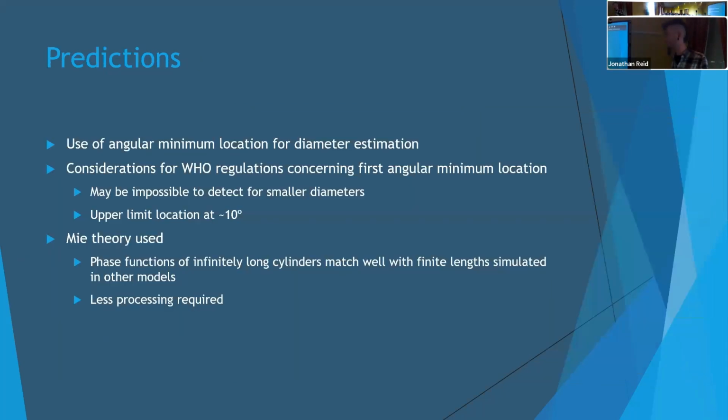So this influenced the next step, which was to use these minimum locations, or the first minimum location, for predictions, especially if I'm limited to forward scattering. It's going to be easier just using the one, because they get quite small, and then as they get smaller, the phase function stretches out. But with the